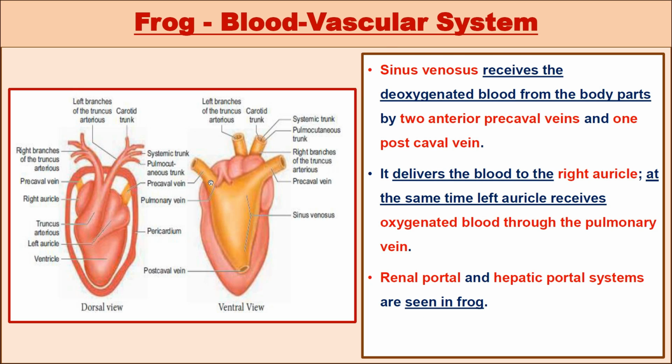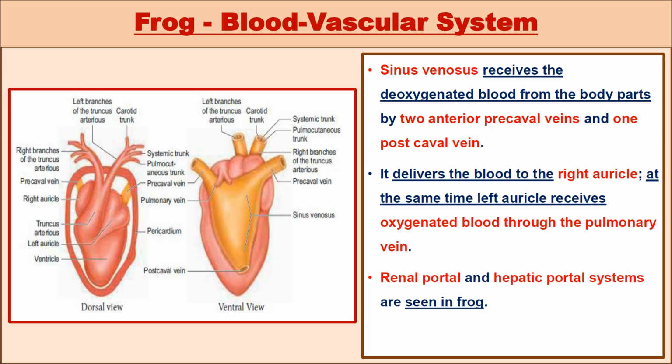Sinus venosus receives deoxygenated blood from the different parts of the body, and it receives impure blood by two anterior precaval veins, and one posterior postcaval vein. All these will deliver the blood to the right auricle. At the same time, the left auricle will receive the oxygenated blood from the lungs through the pulmonary vein. The renal portal system, which is supplying the blood to the kidney and receiving the blood from the kidney,